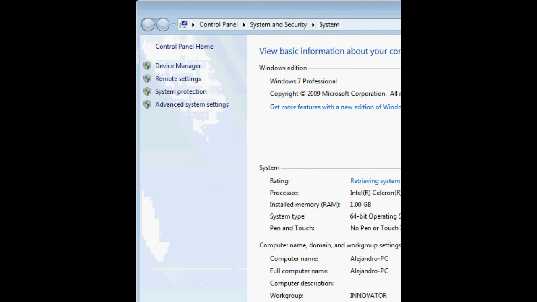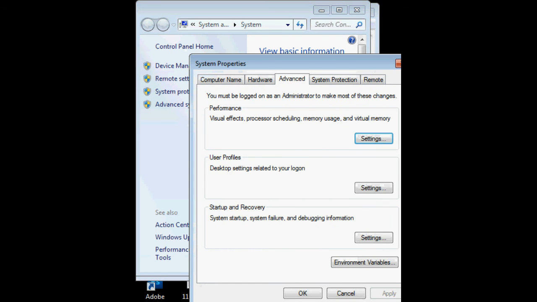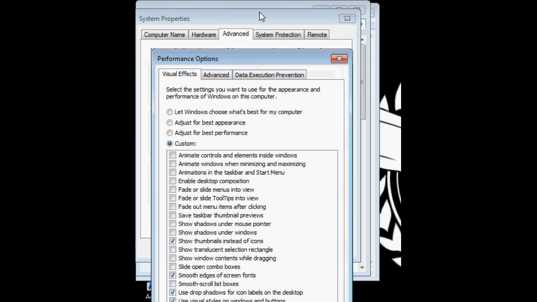So you go here, computer properties, or press the Windows button plus Pause/Break key. Now click on advanced system settings in the left side pane, then click on the settings button in the performance section there.